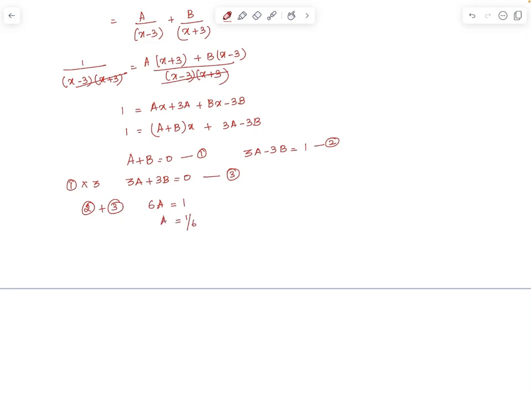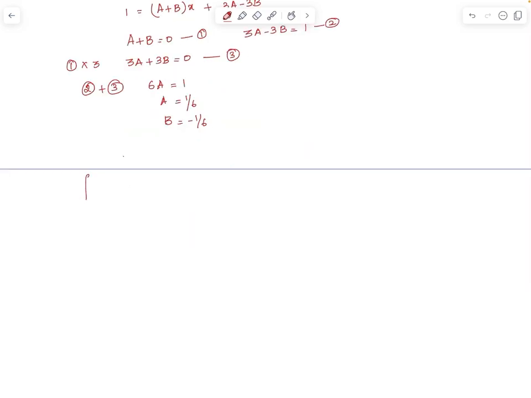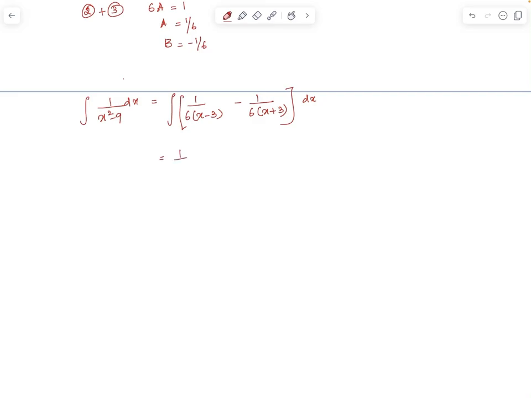Substituting a equal to 1 by 6 in any one of these equations, we get b as minus 1 by 6. We get integral 1 upon x square minus 9 dx equal to integral 1 upon 6 times x minus 3 minus 1 upon 6 times x plus 3 dx. Taking 1 upon 6 common, integral 1 upon x minus 3 dx minus integral 1 upon x plus 3 dx